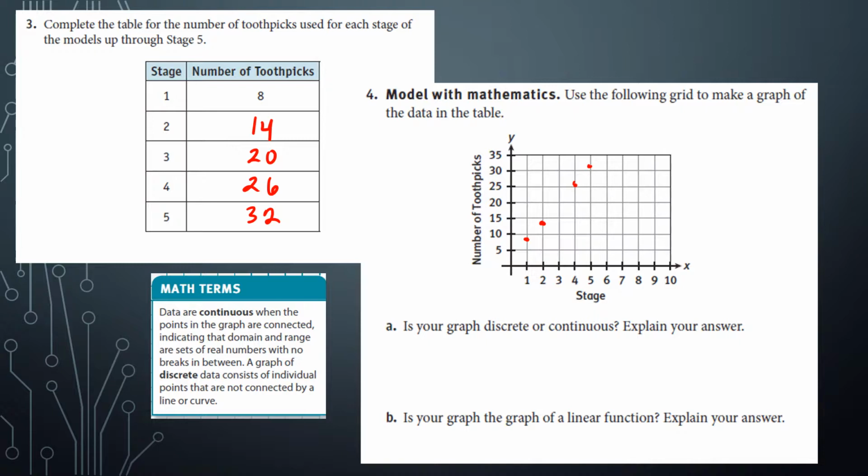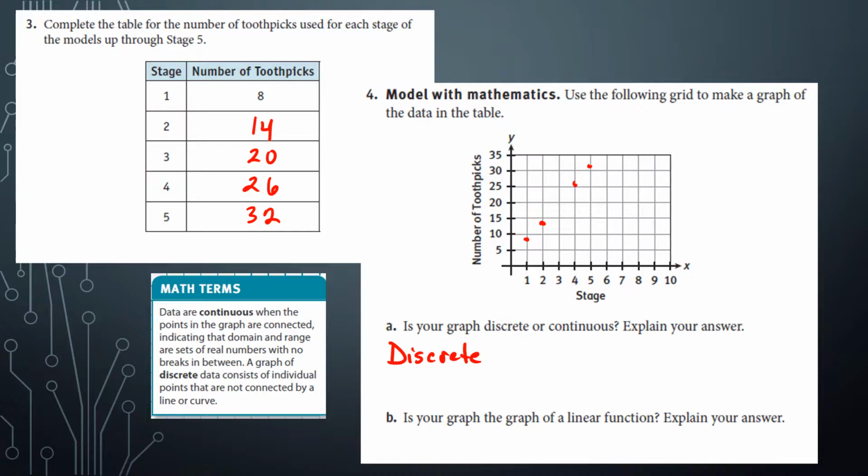Is our graph discrete or continuous? And it says explain. Now I'm going to say this over and over, but hopefully you'll just become second nature. You should try to answer these, pause the mix, answer them, and then listen, just to see if, of course, it makes sense when I say it, but you want to make sure you're coming up with these things by yourself. So this one is discrete,